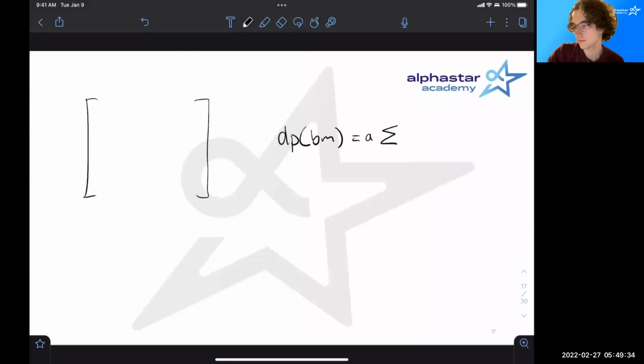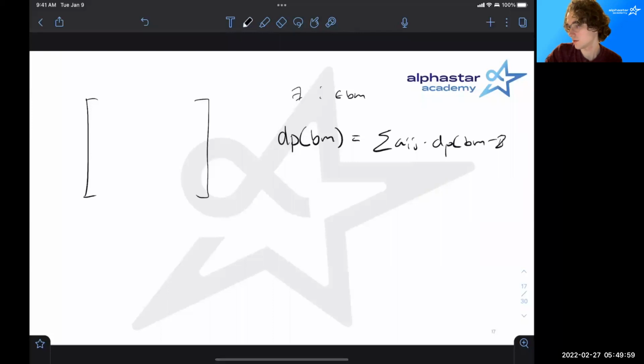So look at some I in BM for some AI J. Okay, sum of AI J times dp of BM minus 2 to the I. Or I'll read it a different way. We should treat them like sets. You know, if you did expansion on minors,